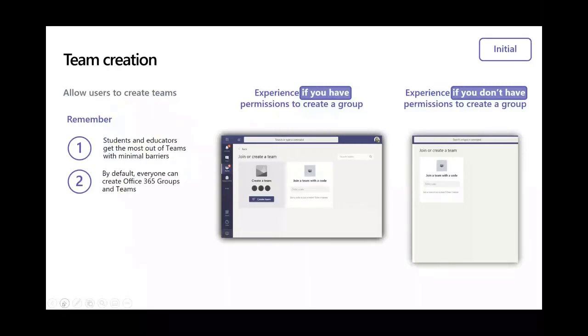The best practice in this space really depends on which type of educational institution you are. For K to 12, we really advise thinking about whether students should have the ability to create a team. Fortunately, it's very easy to toggle that switch in the Office portal. You can say students cannot create a team, and that's good. In higher education, however, we do recommend that students be able to create a team with a number of guardrails or governance in place.